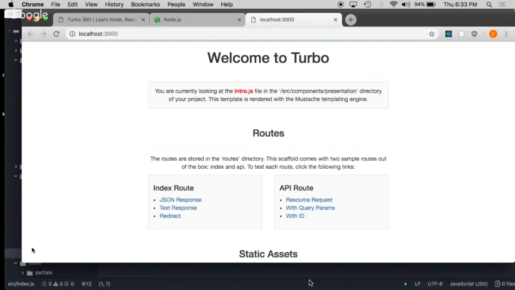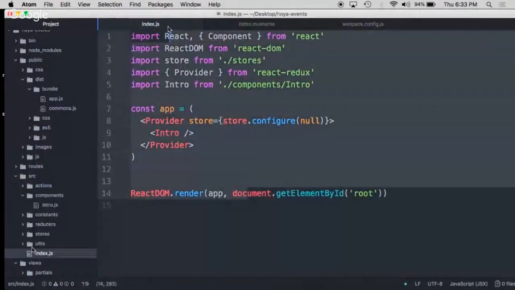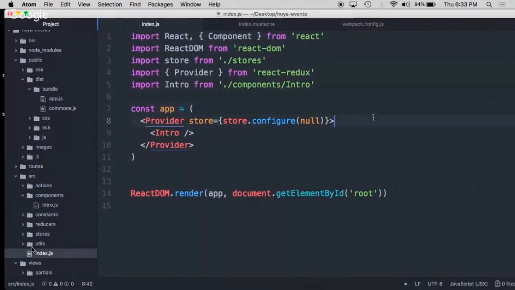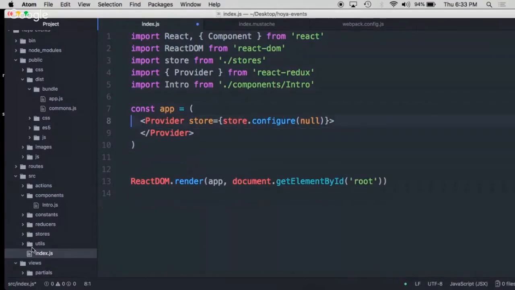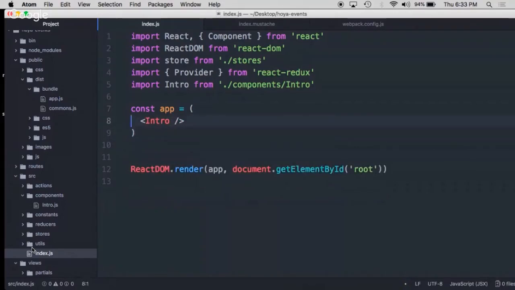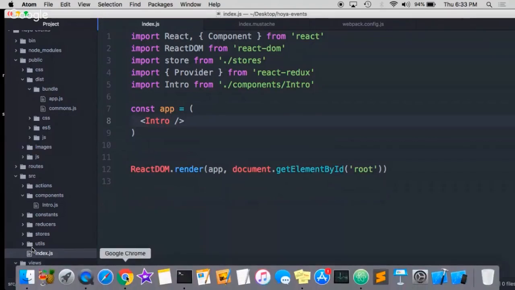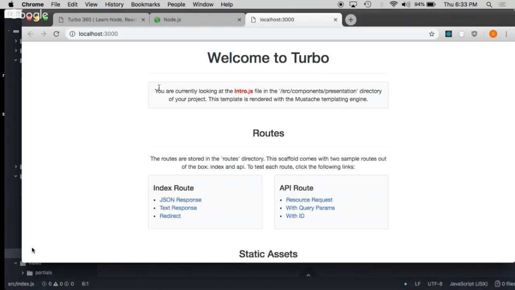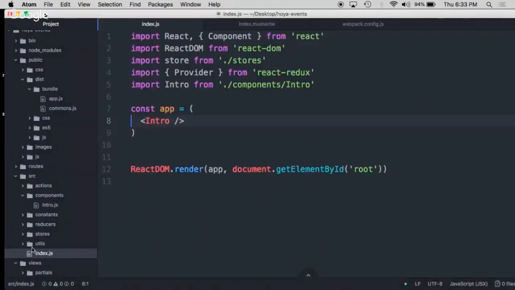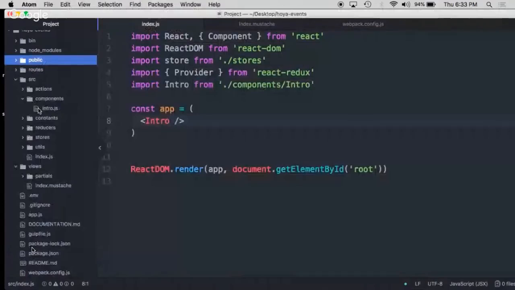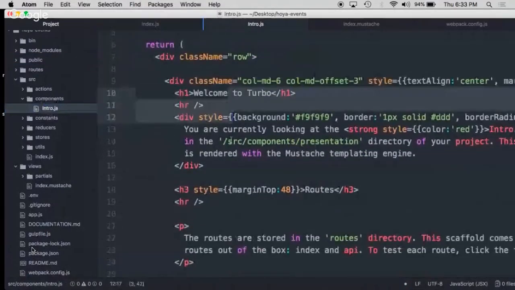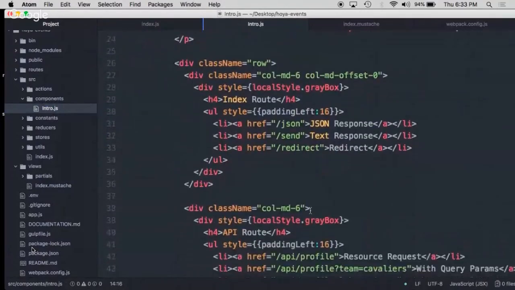So the first thing, if you look at our index.js right here, we have a component called intro. Don't worry about provider. In fact, let's just get rid of the provider because it's going to get in the way. The intro component is the component we're currently looking at when we open up our code right here. That's the intro component. You can confirm that by looking at the intro component right here. You'll see "Welcome to Turbo. You're currently looking at this, that, and the other." You can just see the HTML. So let's get rid of that,